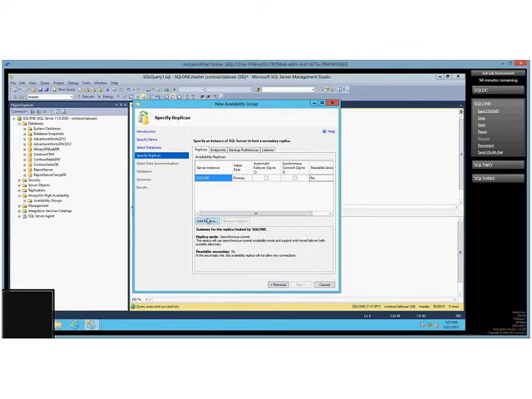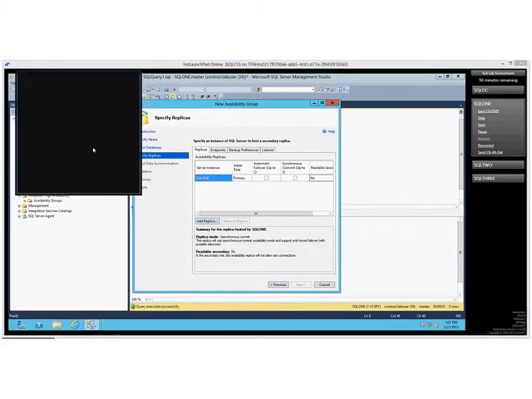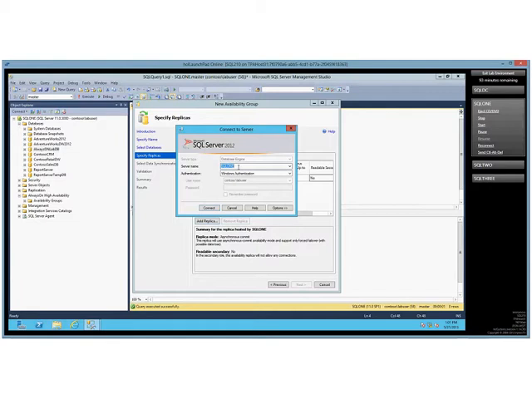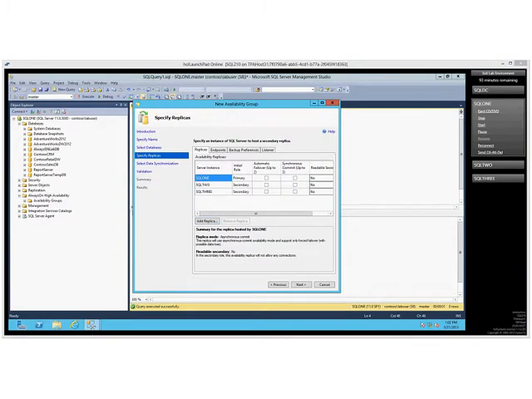So I've got obviously two other nodes that I want to include in this environment. And to do that, I'm going to select my add replica, and then we do SQL 1. We're going to change this to SQL 2 and click connect. There we go, SQL 3. We'll click connect. Okay, great. So now we've got all three of our replicas in place, and we can see that we've got